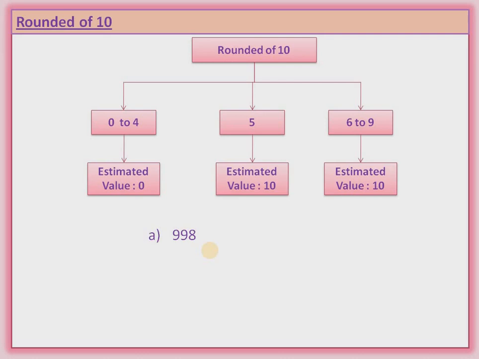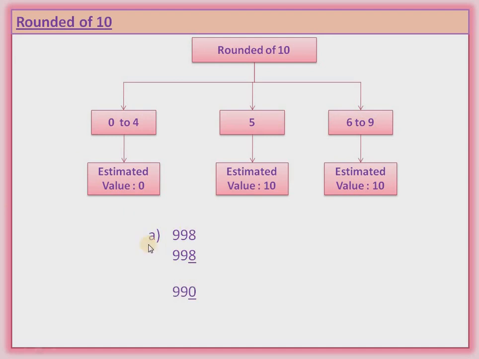Okay. So here you can see how to do. This is the 8. This is the last one digit. For 10, after 1 there is only a single 0. That's why we make a line only at the last one digit. So you can see here I have made one line at the last digit, 8. After that, we have to write 0 instead of 8. Understood? We have to write 0 instead of 8.